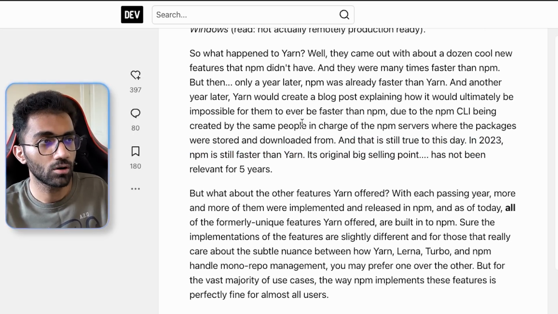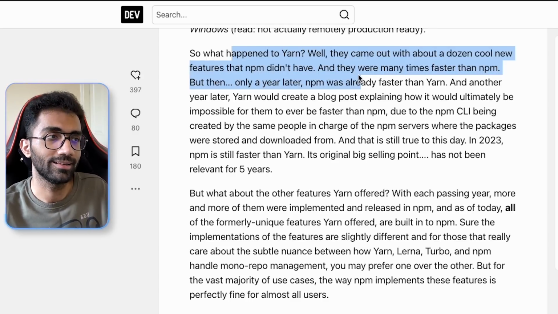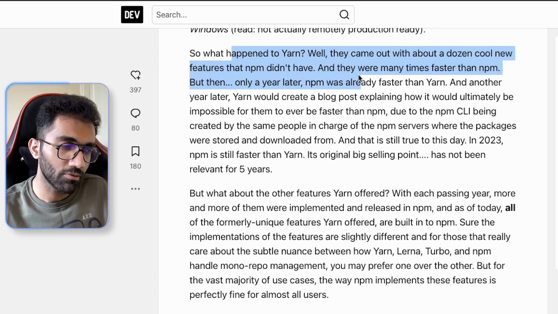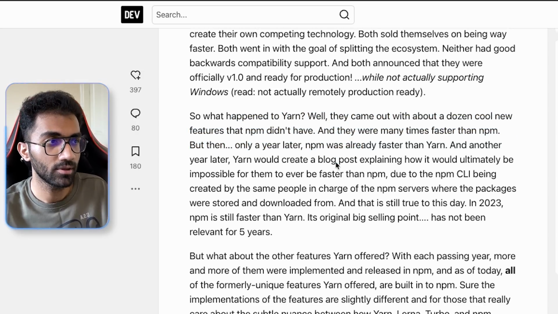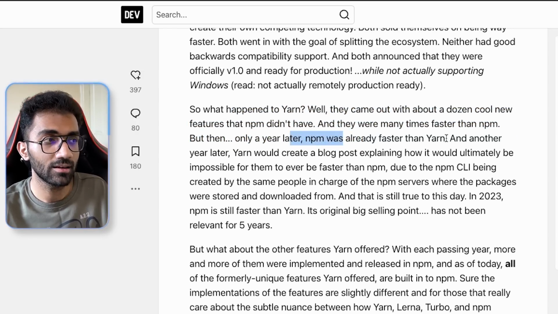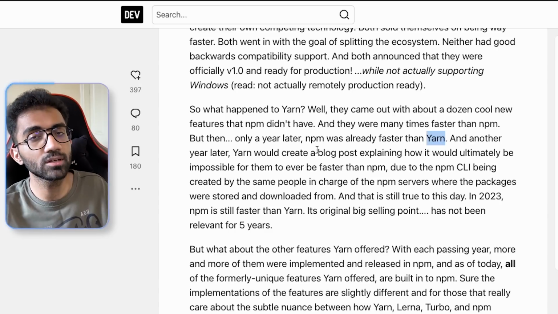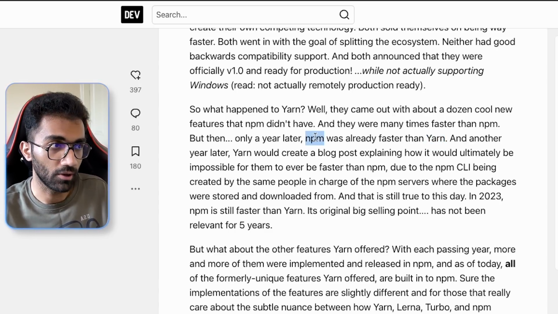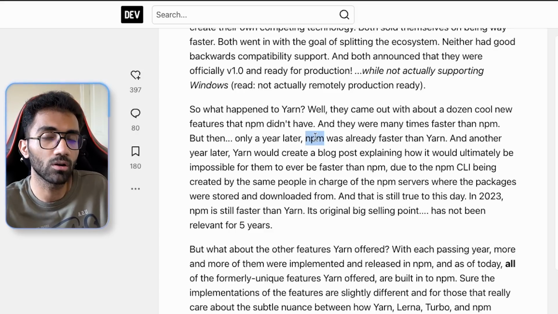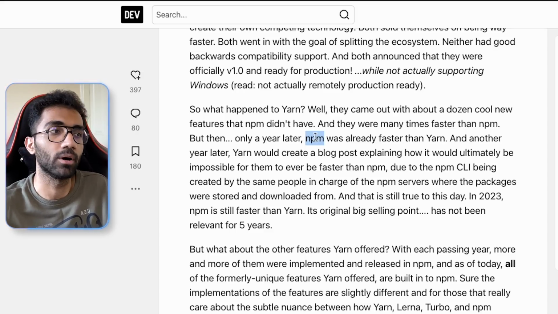So long story short, there's a direct comparison between Bun and Yarn in terms of speed. I'm not sure if I agree here, because making something optimized takes a lot of time. And if NPM was faster than Yarn in just a year's time, either the NPM team was focusing on something else and not performance directly, or, I mean, I've not seen the source code of NPM, but it's definitely smaller than the source code of a runtime like Bun or Node, right? So it might have some low-hanging fruits it was not optimizing just yet, which it did, which it got faster.